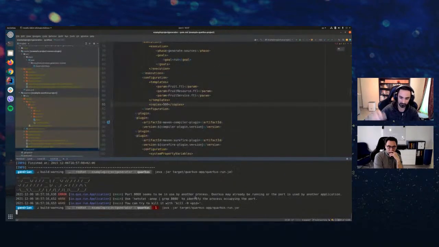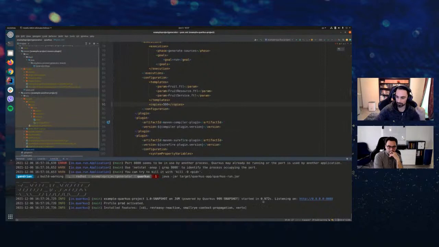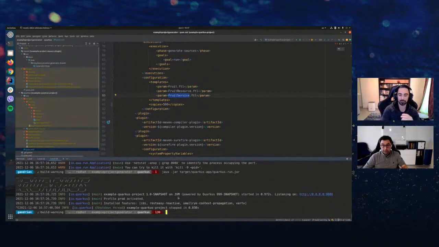and run this again. Okay, so this started in 972 milliseconds, so about a second for 500 JAX-RS resources and 500 CDI beans injected into those resources. Now, check this out. And remember, Quarkus does nothing lazily, so everything has been configured correctly. It's really ready to serve. Absolutely. So yeah, 500, which is not a small number, in less than a second, ready to serve, as Clement